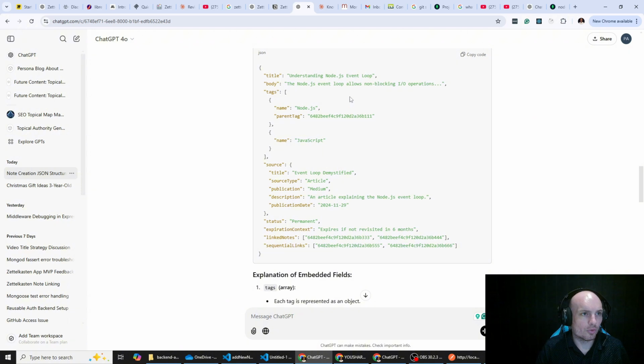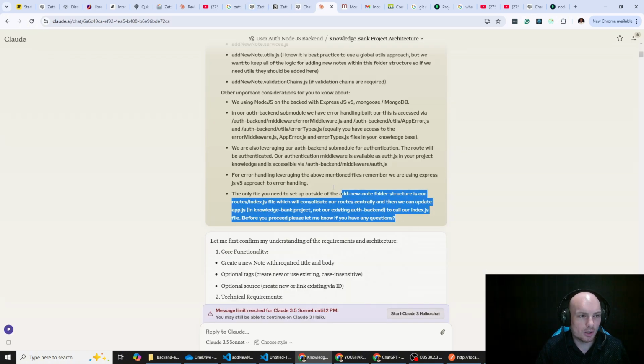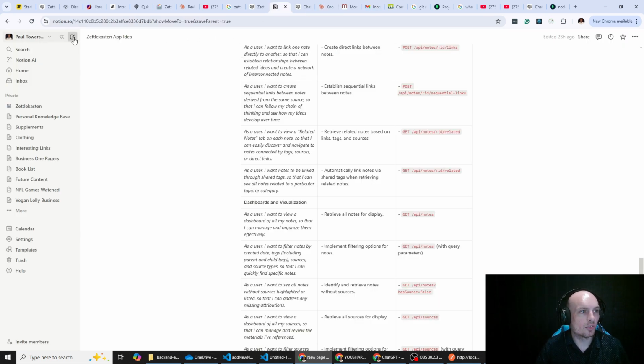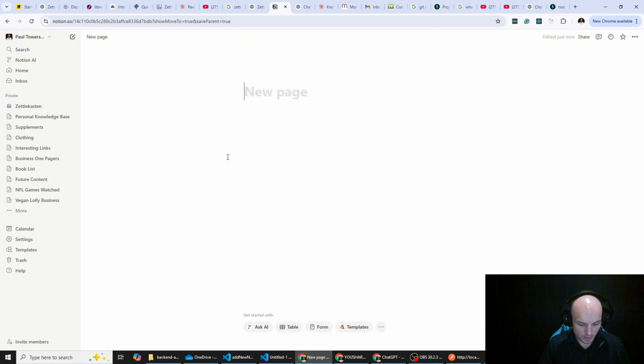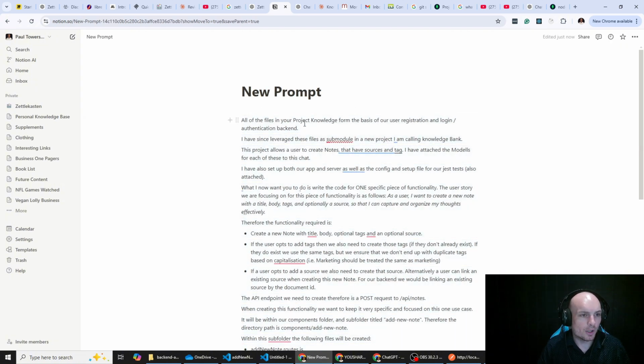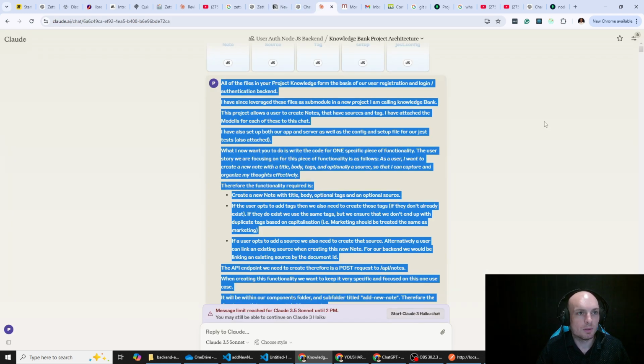But what I want to do, first of all, is take our initial prompt, rework this, and make sure that we can get it just that little bit better. And we'll have another crack at creating this functionality. So just go to new prompt, and let's put this in here. All of the files in your project knowledge form the basis of our user registration and login authentication backend. So we do have that added complexity in that,